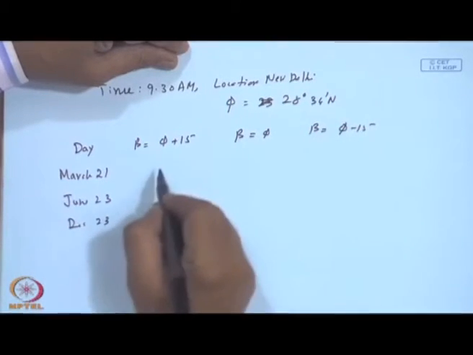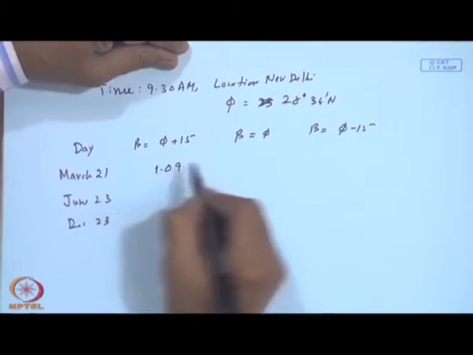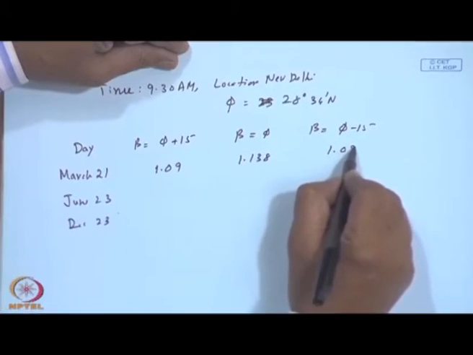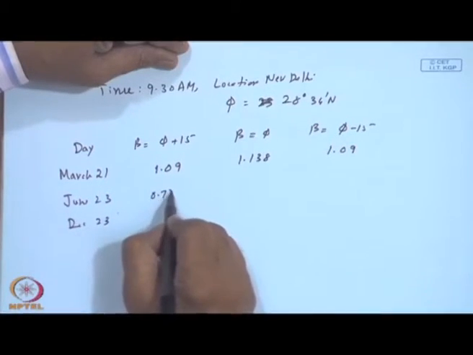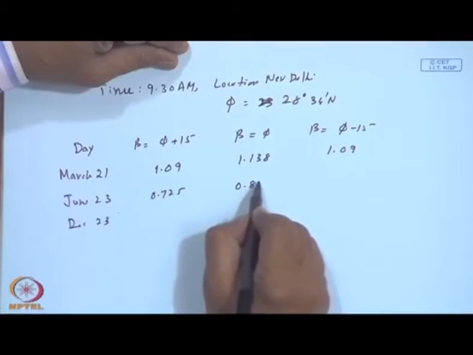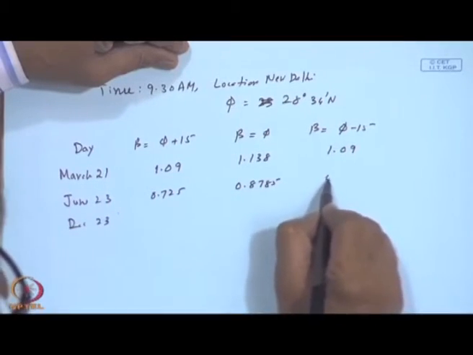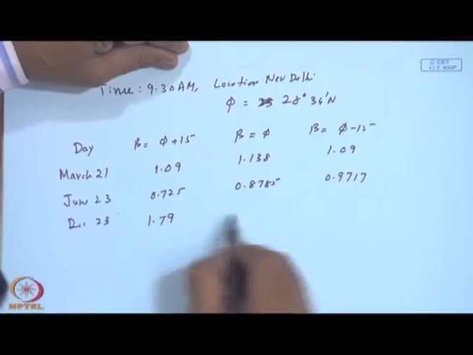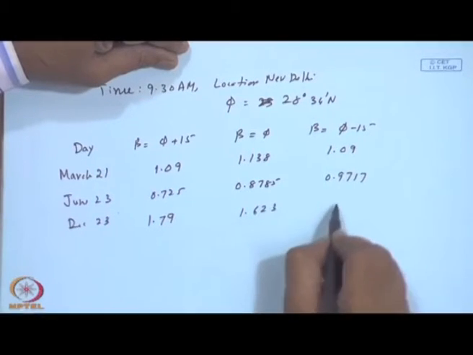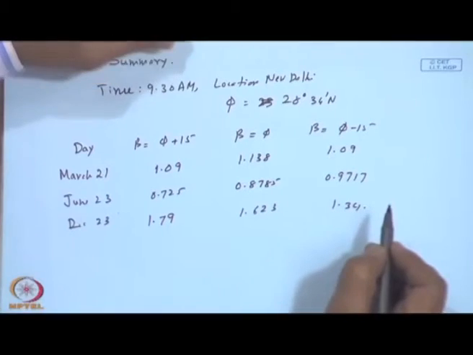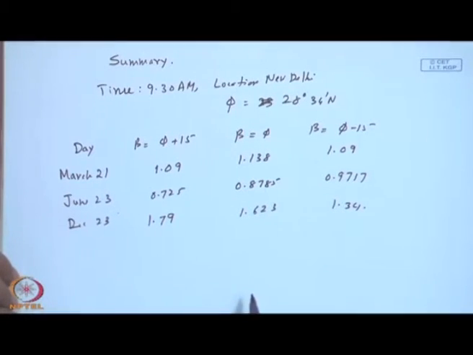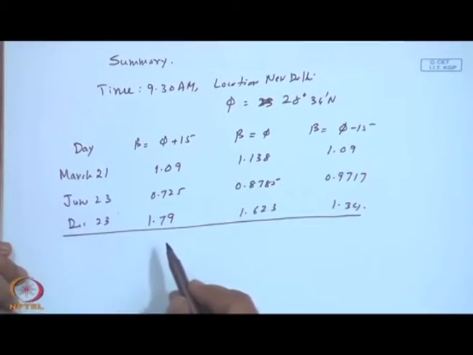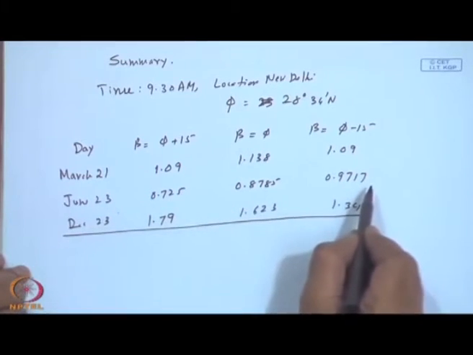with the corresponding values of 1.09, 1.138 and 1.09, and 0.725, 0.8785 and 0.9717, versus 1.79, 1.623 and 1.34. What comes out distinctly is that the tilt factors for negative declination are higher than those values for positive